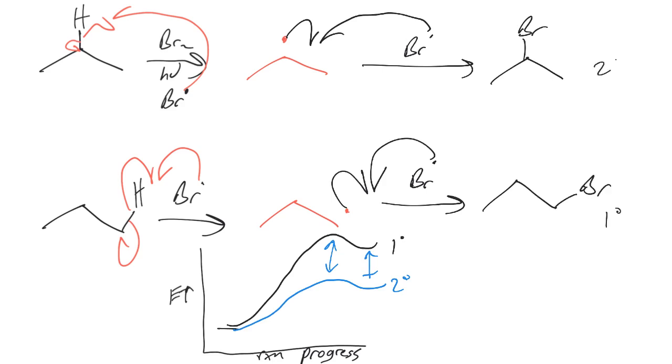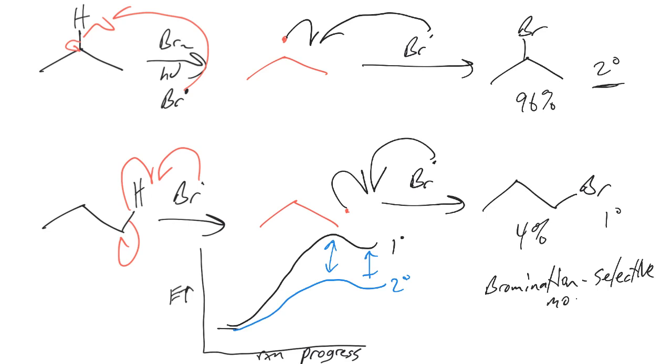Here I have the primary, and here I have the secondary. So now, because there's a large difference in the energy barriers, the selectivity is much higher, and the secondary, which is more stable, is much more favored. So it ends up being about 96% to 4% of the secondary with bromination. So in bromination, what we find is that the reaction is much more selective. We get the most stable product,